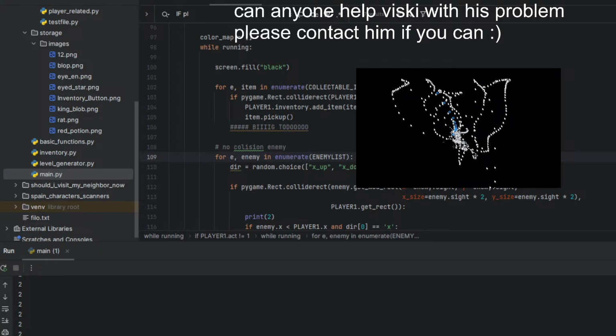Yeah, it should be a sword. Yeah, it should be the blob sword.